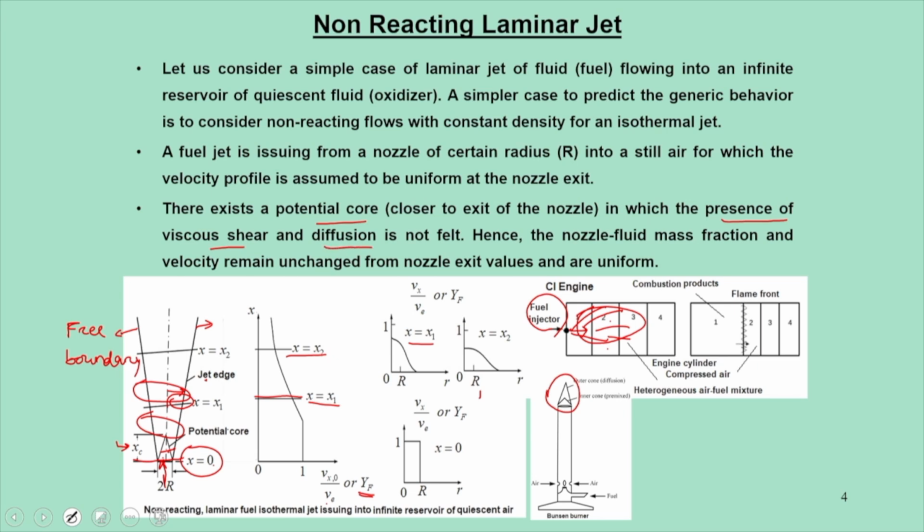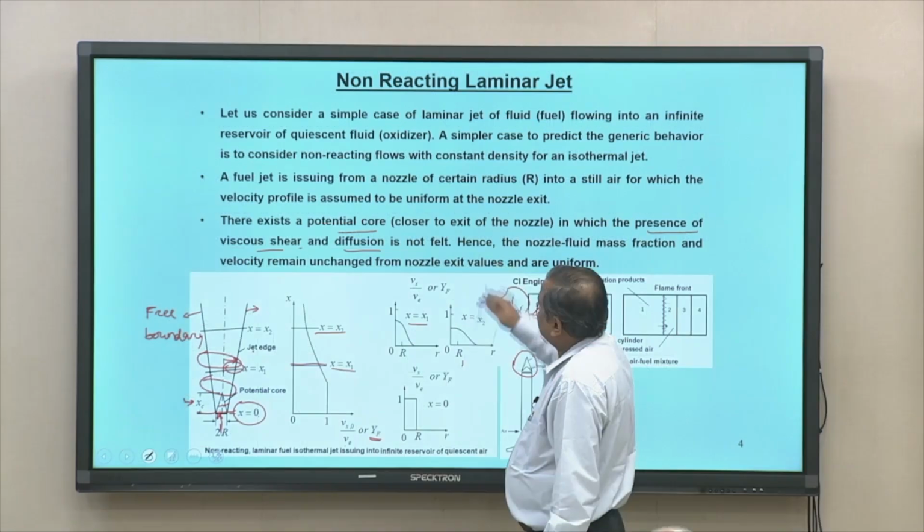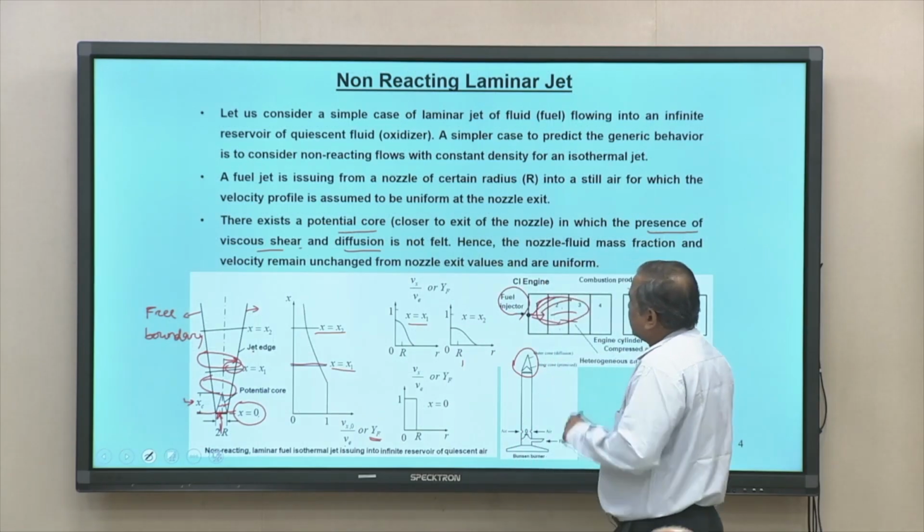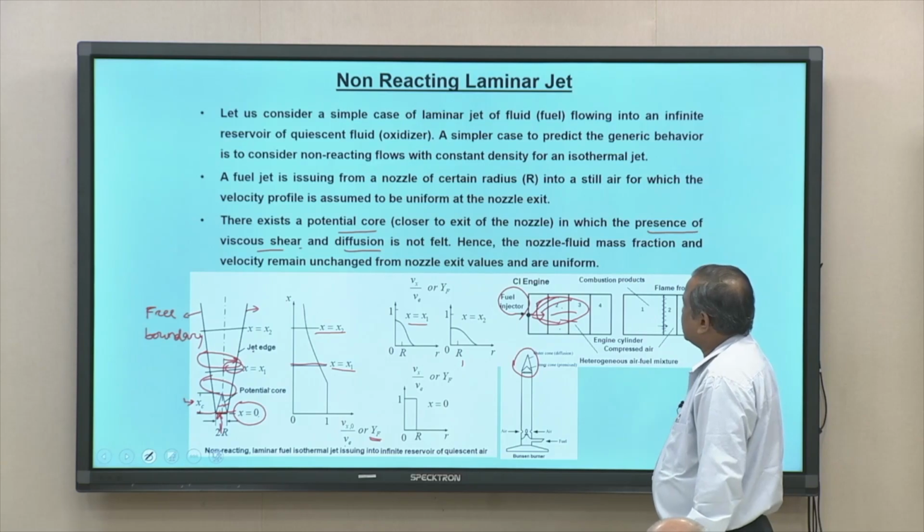In the potential core these effects are not felt, which is somewhere in the initial domain. But when it comes out, particularly from the inner core towards the outer core, all these effects come into the picture,